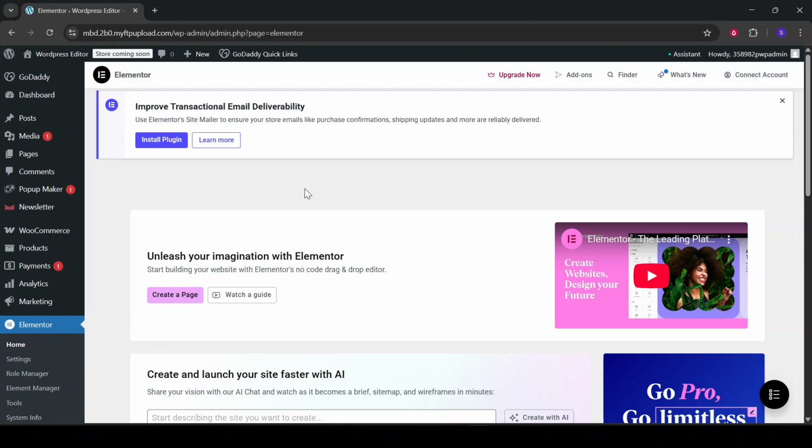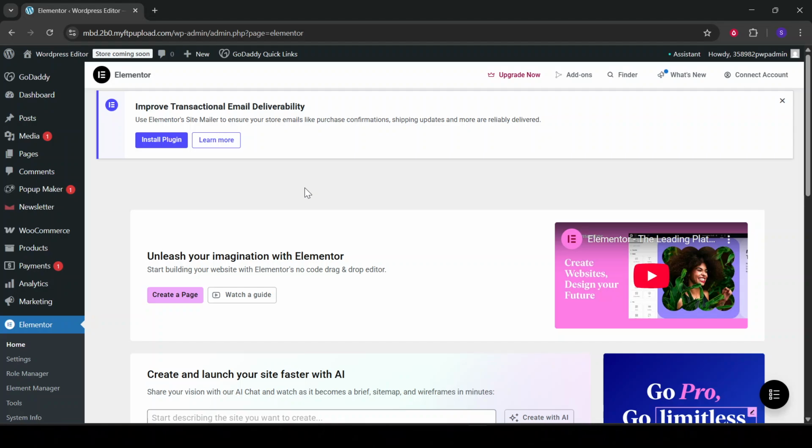In today's video, I'm going to teach you how to clear your Elementor cache. This process is essential for anyone using Elementor for their website design, as it ensures the changes you make in your design are immediately reflected on your site. Sometimes, the cached version of your site may prevent you from seeing the latest updates. So, let's walk through this step-by-step process to make sure you know exactly what to do when you need to